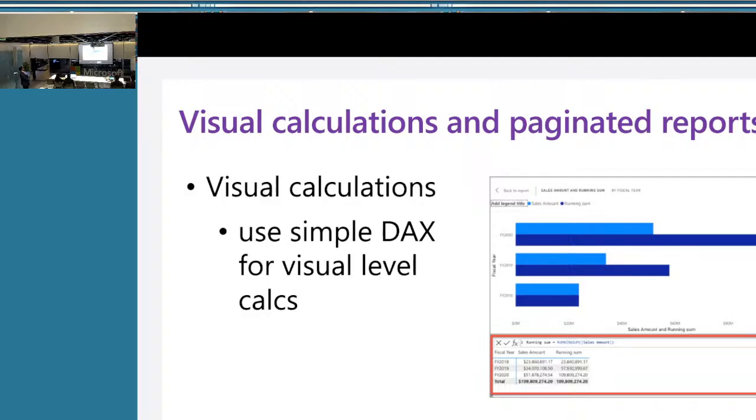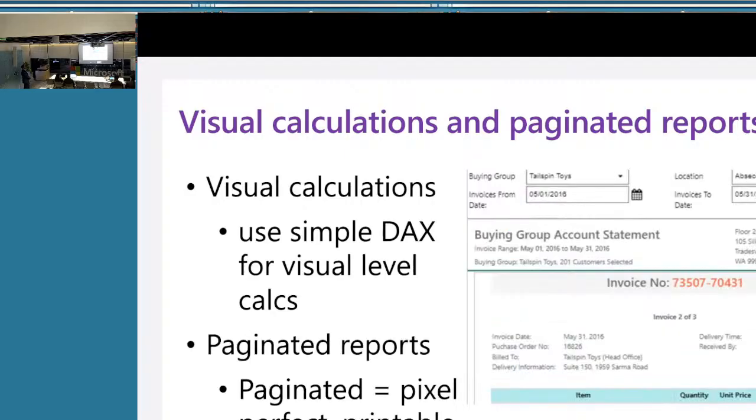A lot of times, if you see really fancy dashboards, when you open up the PBIX file, you see hundreds of measures. With this new feature, instead of having hundreds of measures just for changing the color of the title conditionally, it can live inside the visual itself, which is really powerful.